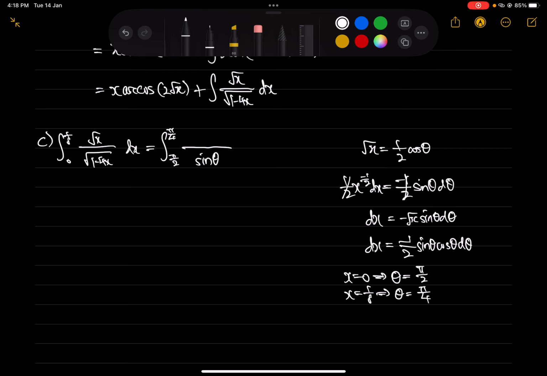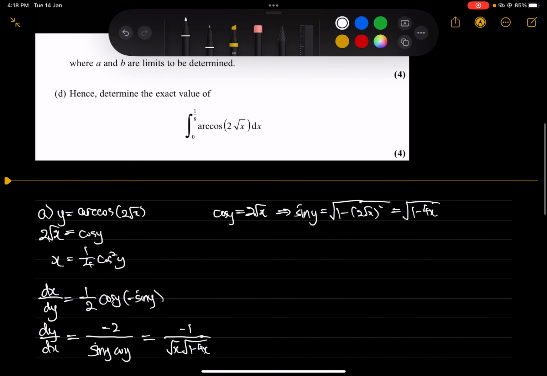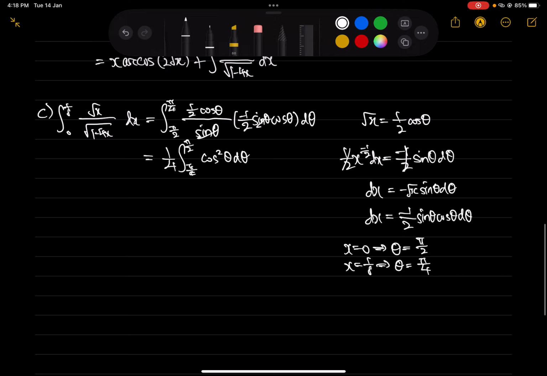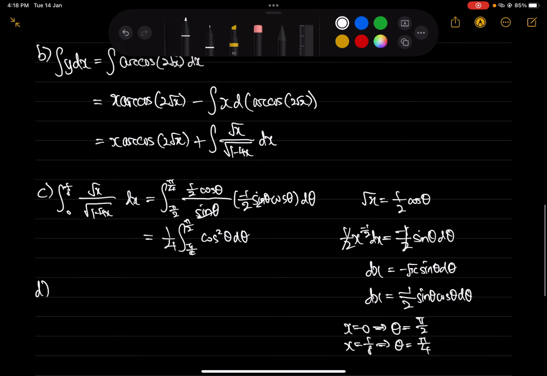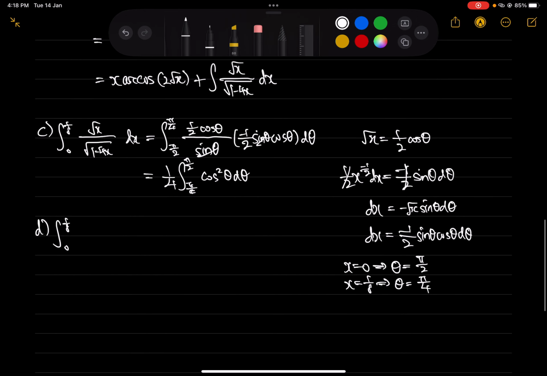Root x is, well, just that. And then negative 1/2 sine theta cosine theta d theta. And these cancel, so we have 1 over 4 from pi over 4 to pi over 2 of cosine squared theta d theta. And that's it for part C. And part D just wants us to finish the integration. So from 0 to 1 over 8 of arc cosine 2 root x dx